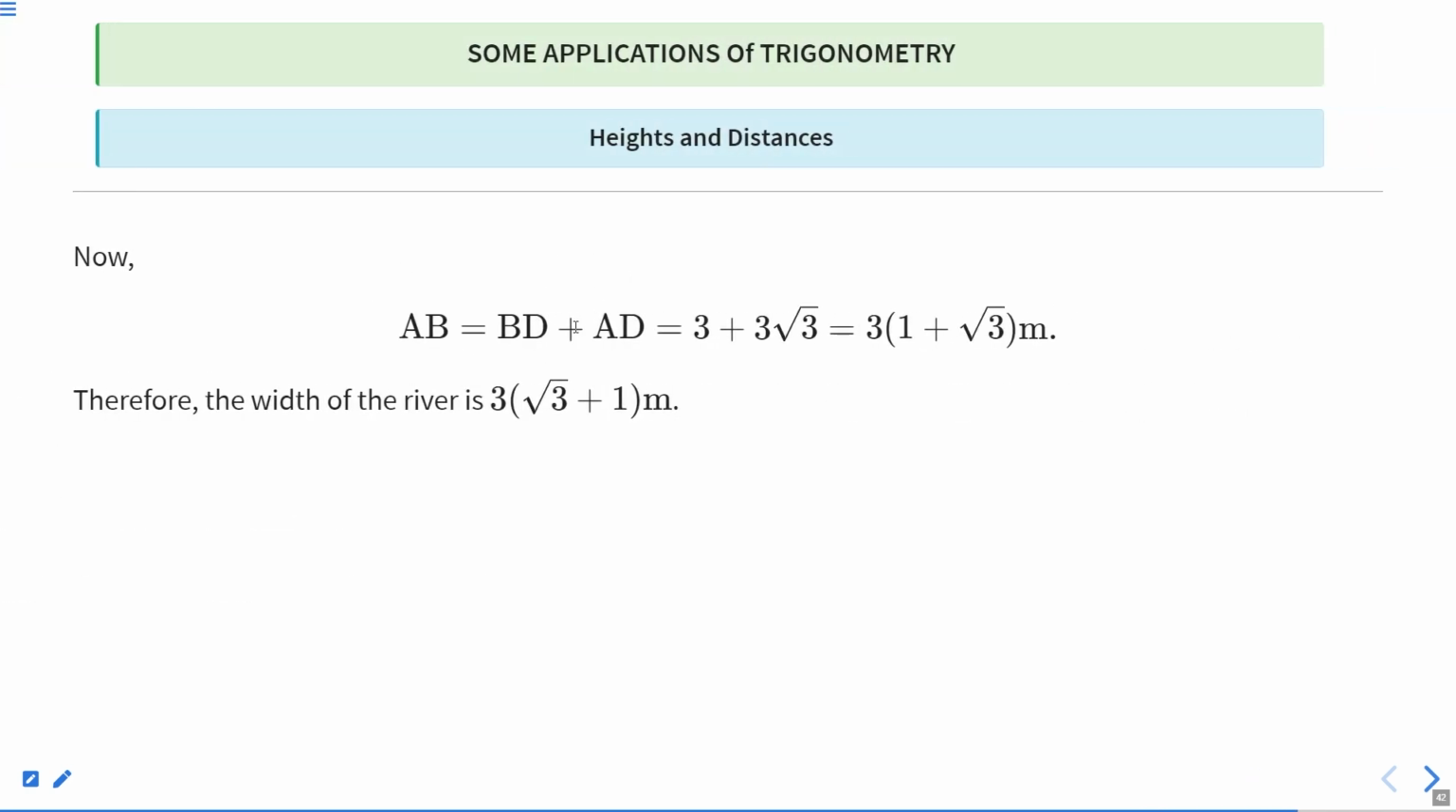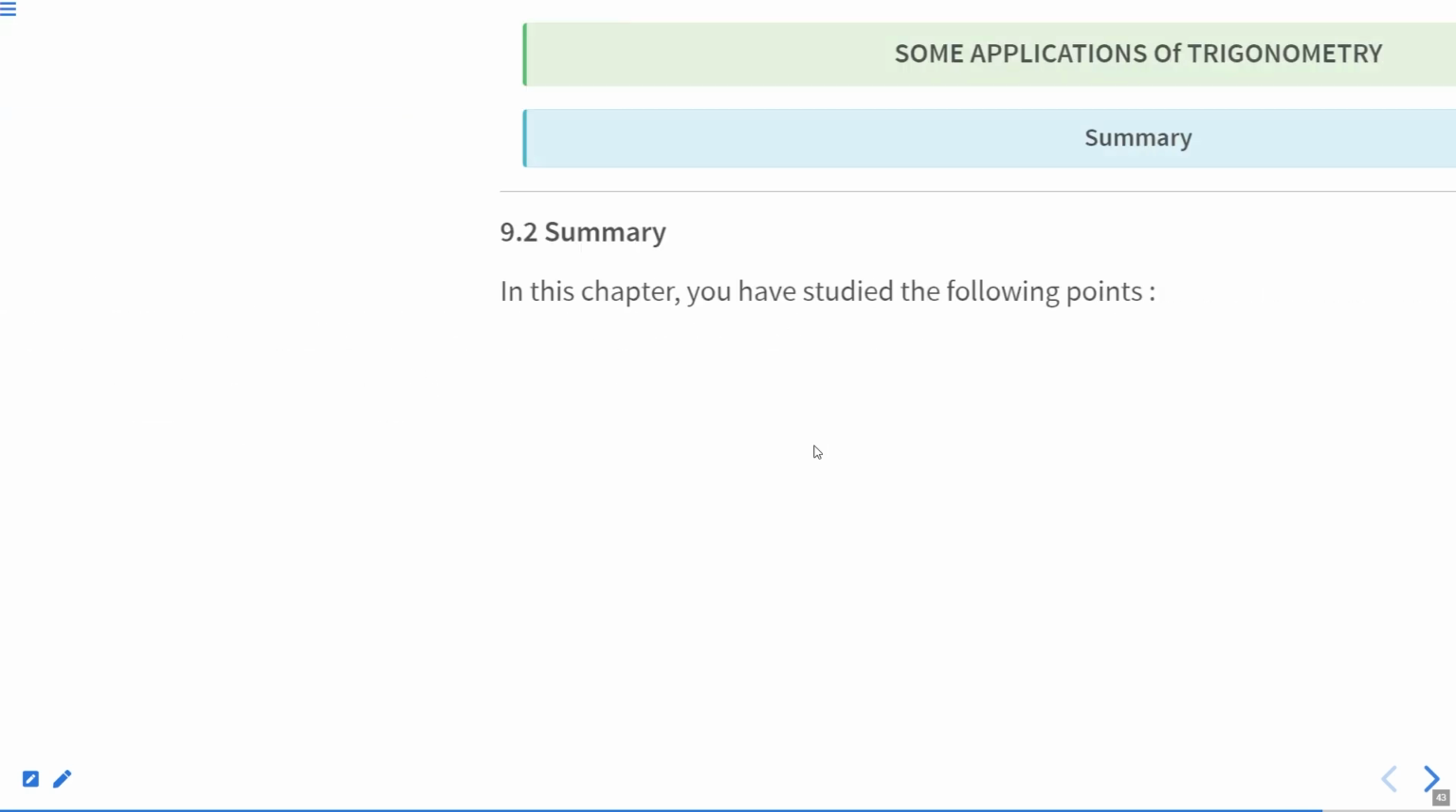Now AB is equal to BD plus AD, and this is equal to 3 plus 3 times root 3, that is equal to 3 times 1 plus root 3 meter. Okay, so therefore the width of the river is 3 times root 3 plus 1 meter. Okay, and now in